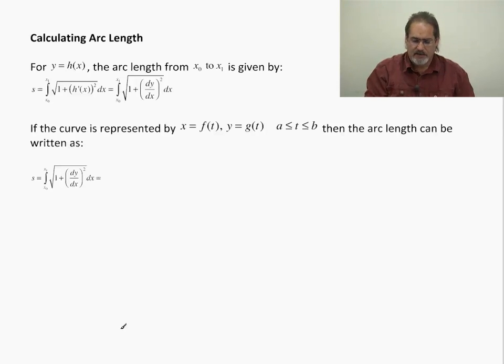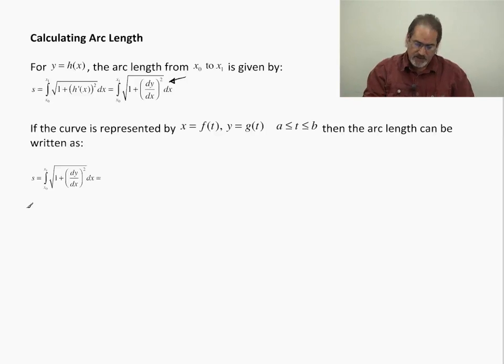Let's take a look at the idea of calculating arc length for a parametric curve. Now, for non-parametric curves, if y equals h of x, the arc length from x0 to x1 is given by s equals the integral from x0 to x1 of the square root of 1 plus the first derivative of our function, that entire quantity squared. Which is the same as saying it's the integral from x0 to x1 of the square root of 1 plus (dy/dx) squared, dx. And we're going to use this to convert this to the idea of what it must be